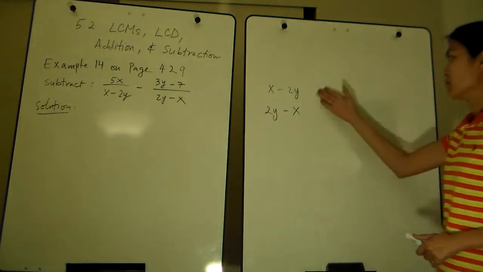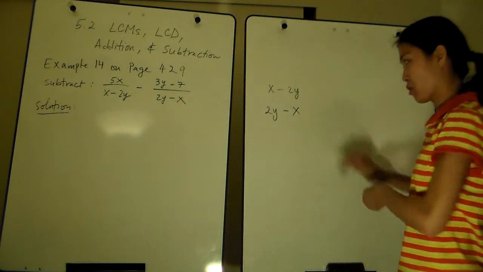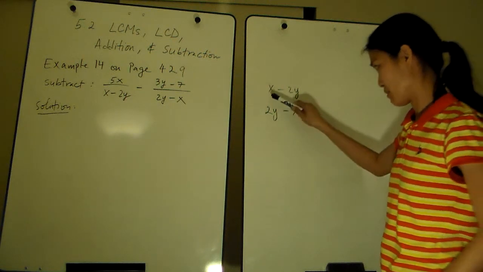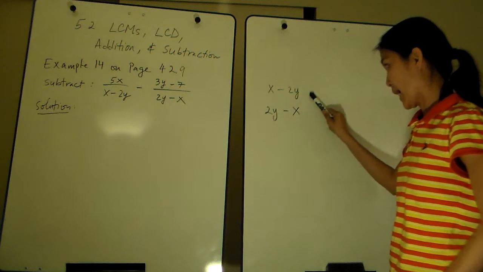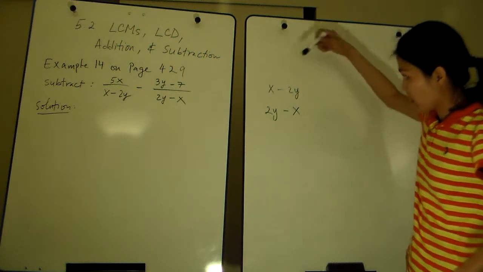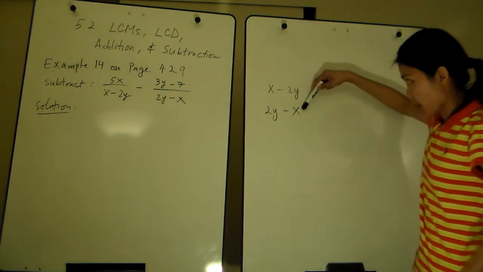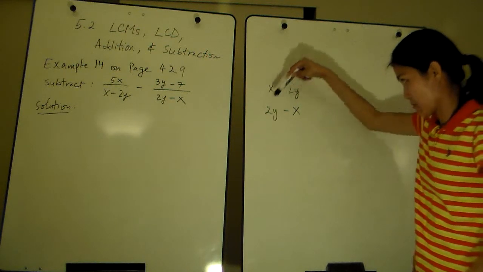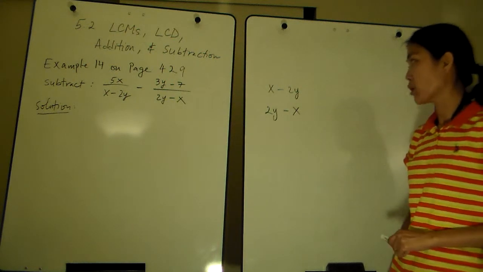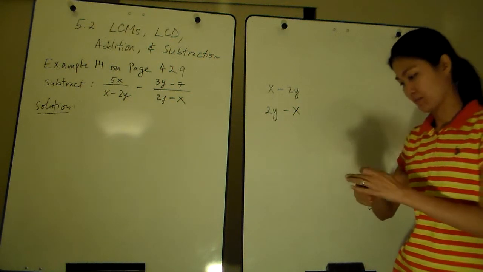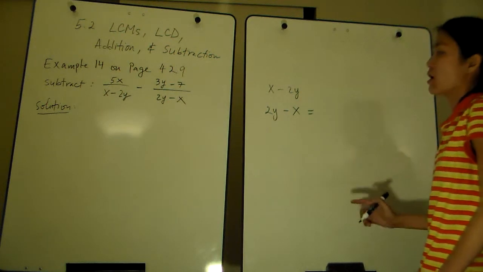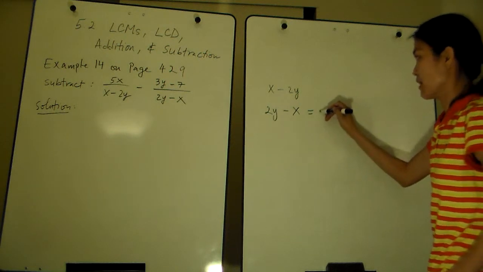Now, they are different, right? But if you pay attention closely, you will see this. The first one has positive x, minus 2y. The second denominator has positive 2y, negative x. So they are the same, but the signs of the terms are different. They are opposites, right? So if I decide to factor out the negative sign of this second denominator, okay, factor the negative,